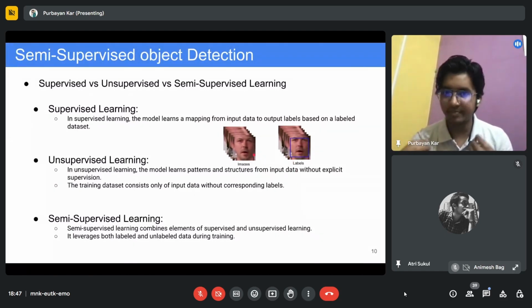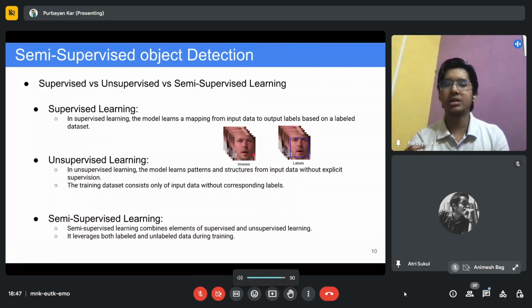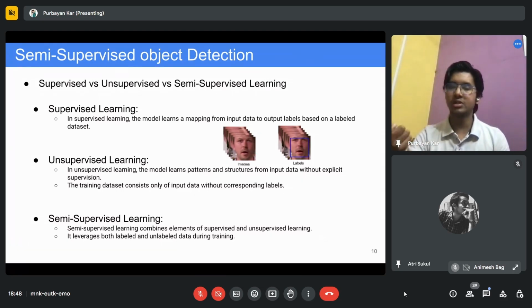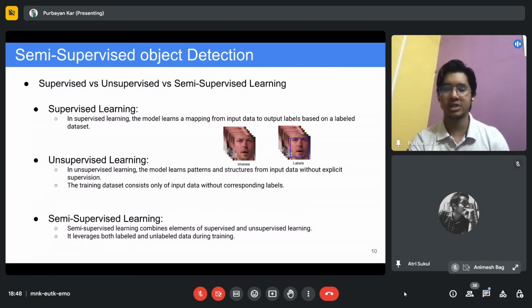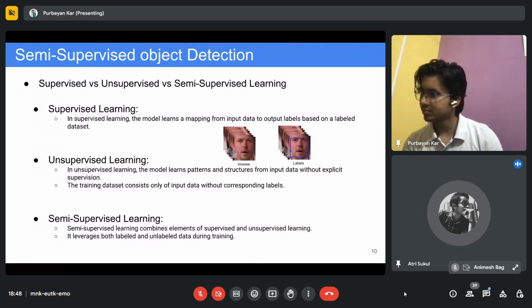So when you have a partial amount of annotated data, how can you use some algorithms or techniques to use that partially annotated data and achieve the same level of accuracy that you would be able to achieve using supervised learning? This is a very interesting topic, and I think there is a lot of research around this, and in future also this will be very much in trend. So till now, if you have any questions, I will stop for a few seconds and then I will move on. If you have some queries, you can ask in the chat box.